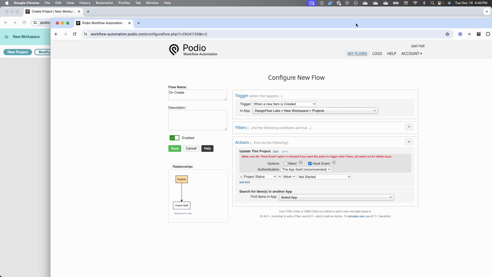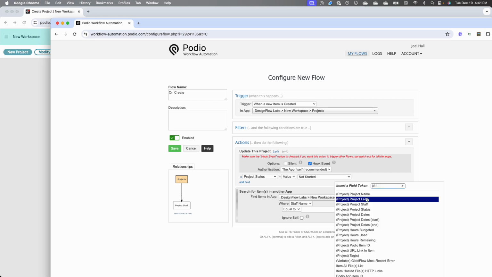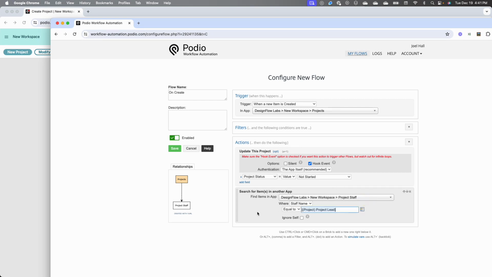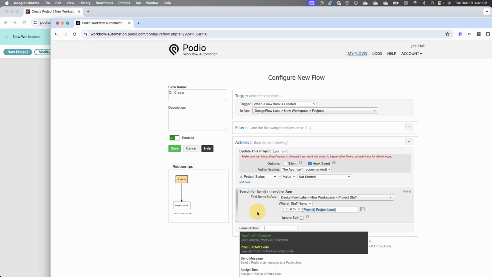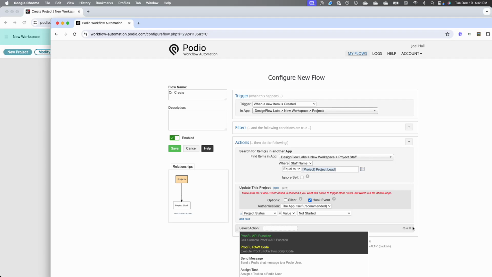Let's see here. In our staff application, where staff name is equal to staff lead. And I want to actually do that first, because then all in one shot,